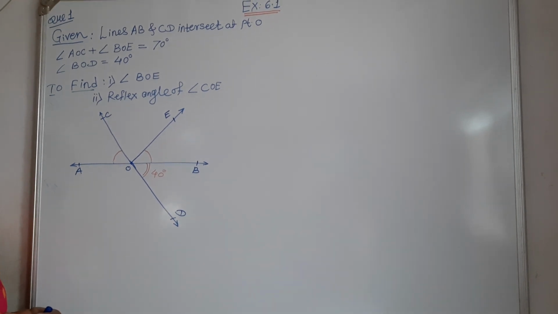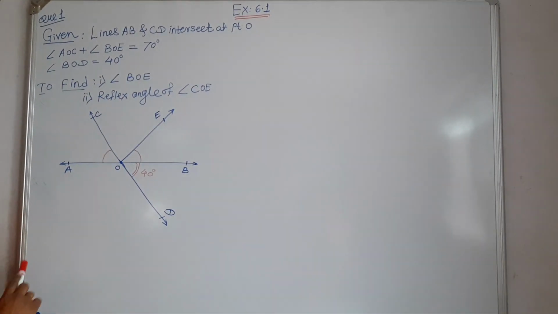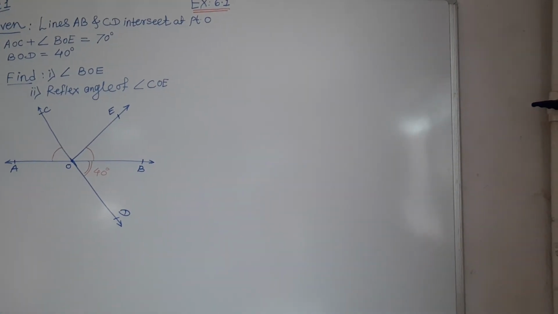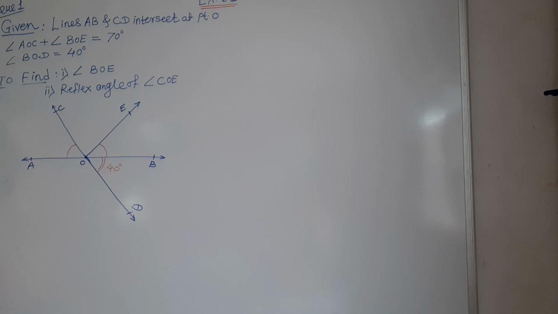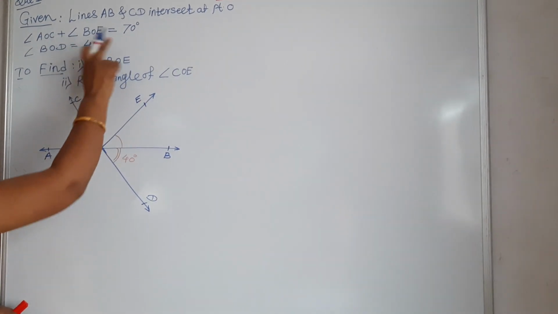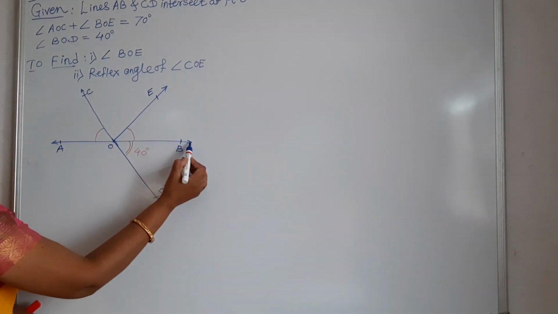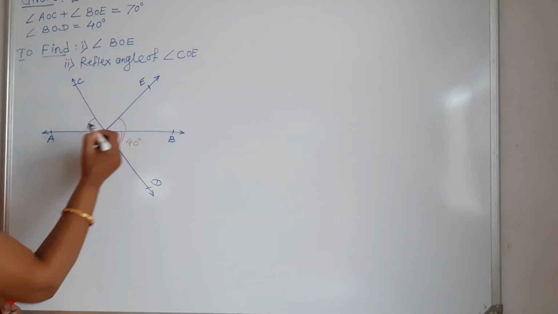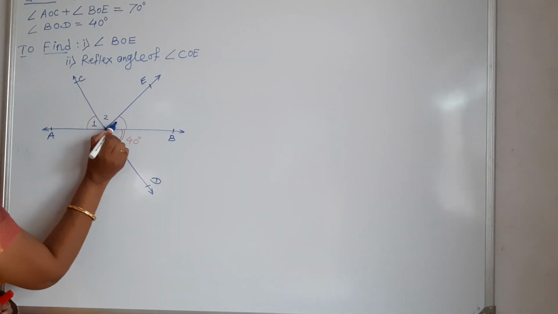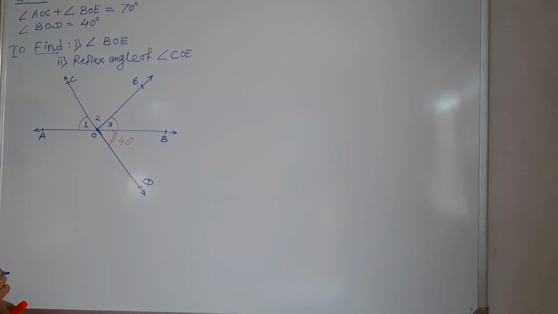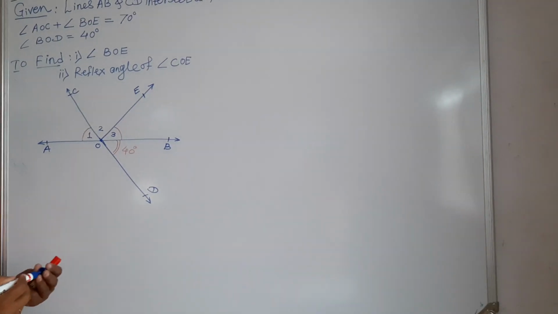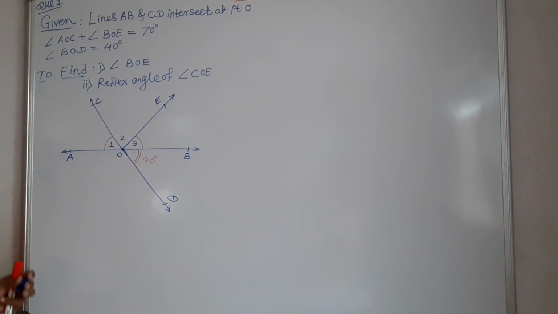Now here you have to find angle BOE and the reflex angle of COE. To find these, first use the given things. It is given that angle AOC plus angle BOE is equal to 70 degrees, but AB is a line, and if you consider it as a ray, then these three angles, angle 1, angle 2 and angle 3, all form a linear pair. Means the sum of all three angles is 180 degrees. By using that thing,